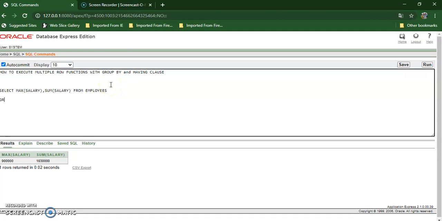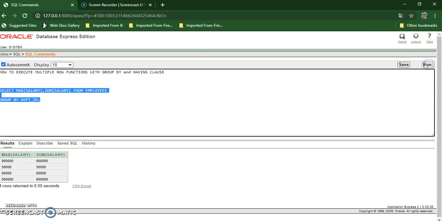So here we need to write group by and the column on which you want to apply grouping. So this is how you have to write a statement. So let's run this.